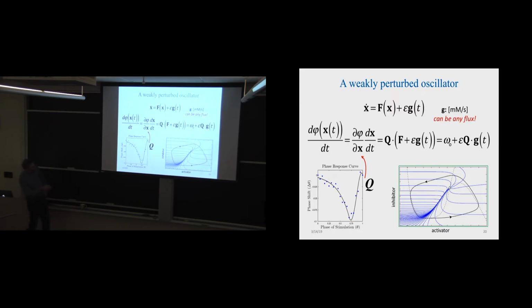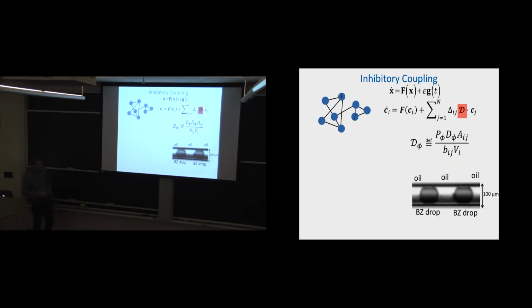And so this G, in the previous slide it was light that we were applying, but this flux can have any origin. It can also be the flux from a neighbor. So every time a neighbor oscillates, it produces inhibitor which will diffuse across. And if we have 10 neighbors around it, then since this is linear, we can just sum up over the 10. And so if we want to build the interactions of one oscillator in the presence of any number of other oscillators, we can use this formalism because this perturbation could be anything, including the contributions from many neighbors. So